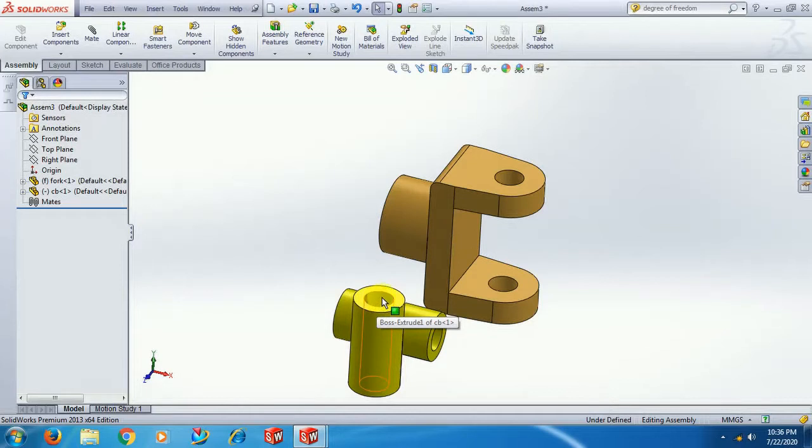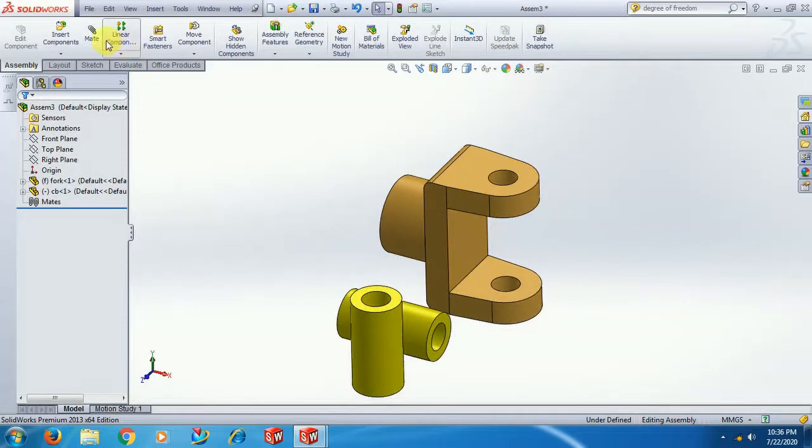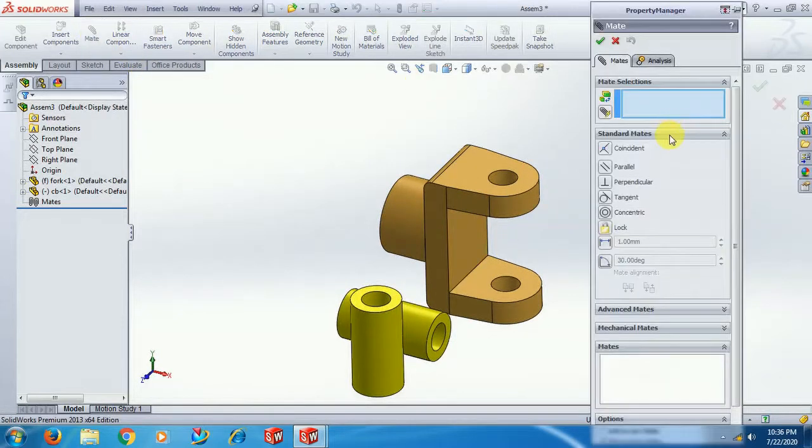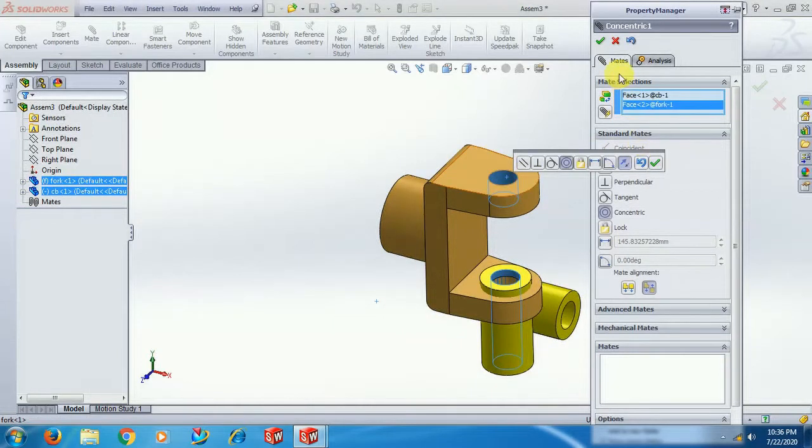To coincide center of these two holes, see, directly go for mate. Here you can see mate option. Select cylindrical surface and here select cylindrical surface. See, these are all the assembly constraints.